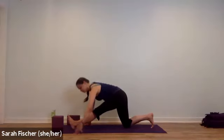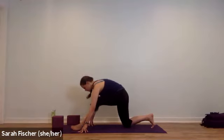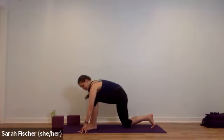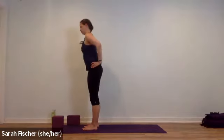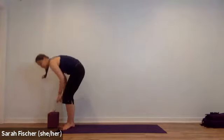Then inhale and slowly make your way back up. Take your left foot, well, we're going to come back to standing. So whatever way you want to make your way to standing. I'm just bending my left knee. I'm going to step my right foot up to meet it. And then hands to the hips. Inhale and come up. For one more standing balance, we're going to take the foot out, holding the foot, little